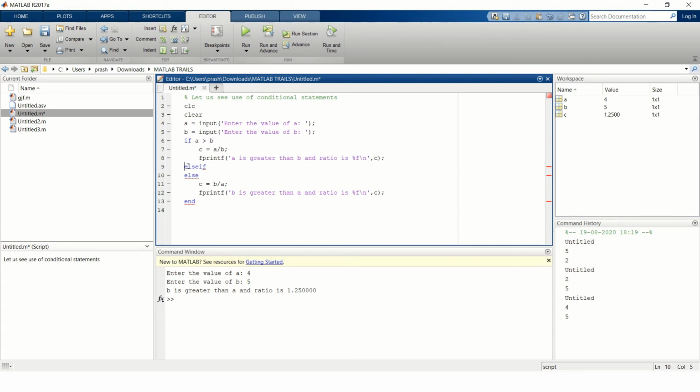But here if I say else if, then the condition is a equal to b, if both values are the same, so this condition is checked with two equal signs, a == b. Then what operation it should do, it should just print that both values are the same.